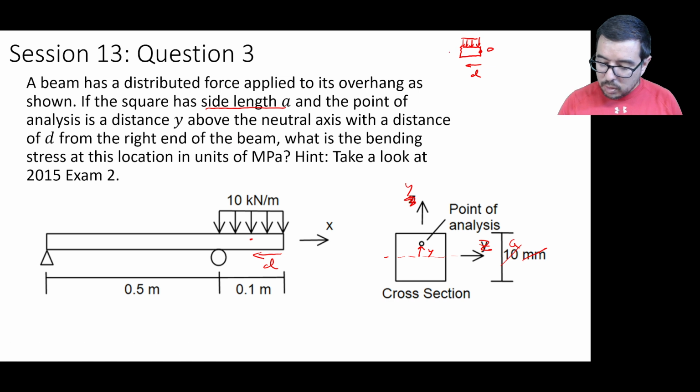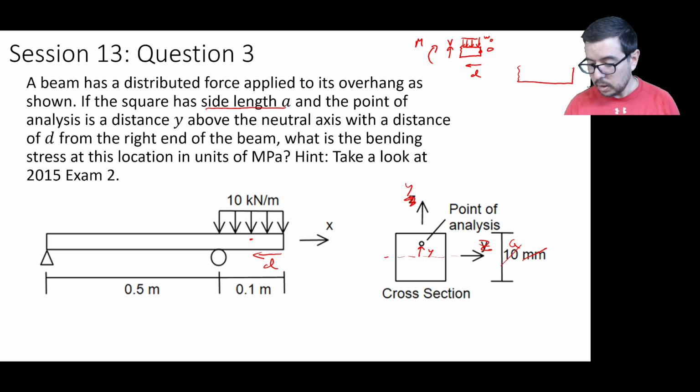And if I use my convention, V will be positive and M will be positive with these orientations. This has magnitude W naught for the distributed force. So if we draw out another free body diagram, and maybe I'll try to make this one a little bit bigger, like this, then there is an effective force acting at some W naught D,